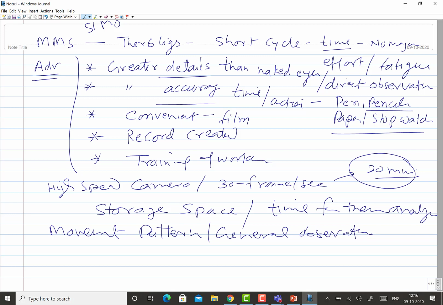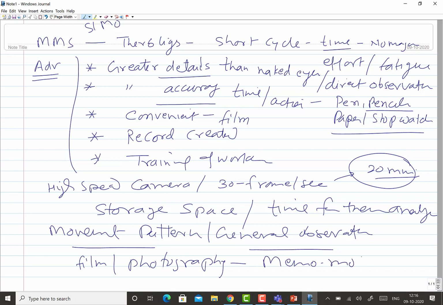Those kinds of general observations, as well as movement patterns, can be realized through another film or photography based technique, and this is called memo motion study.